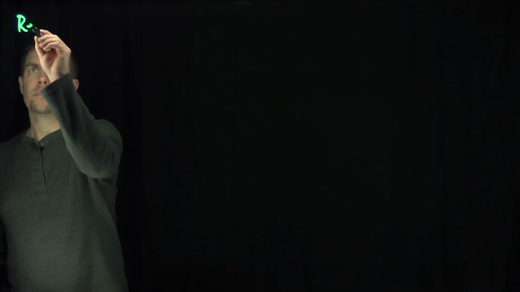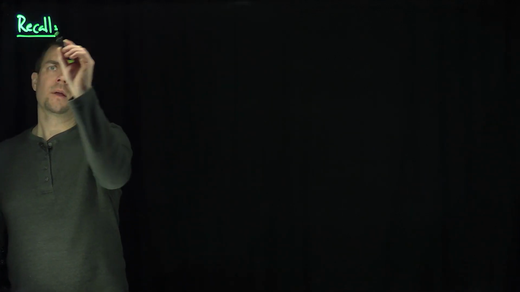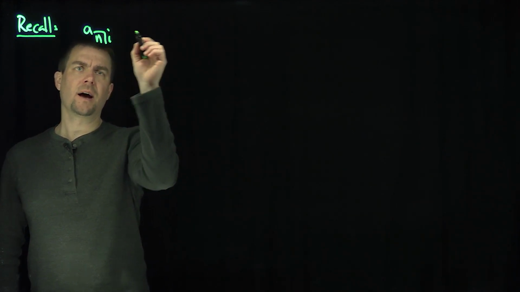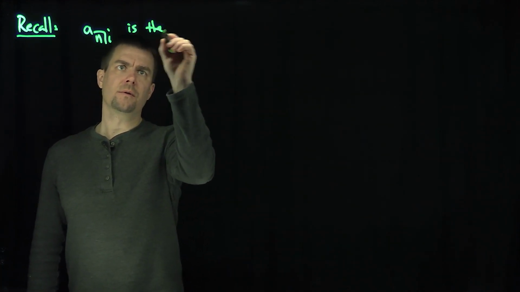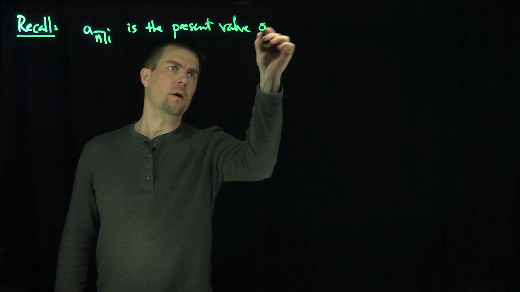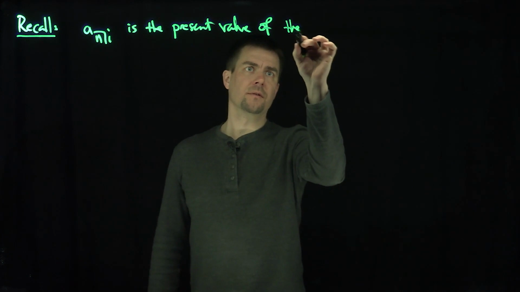Hello students, in this video we'll discuss different representation formulas for the present value of an annuity immediate. So recall that A bracket n angle i is the present value of the stream of payments